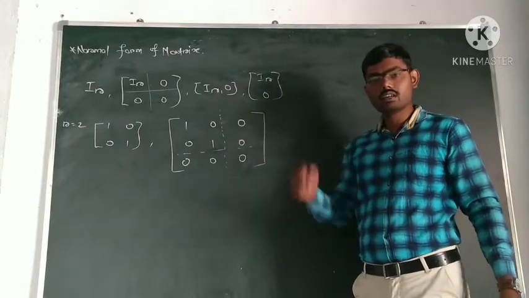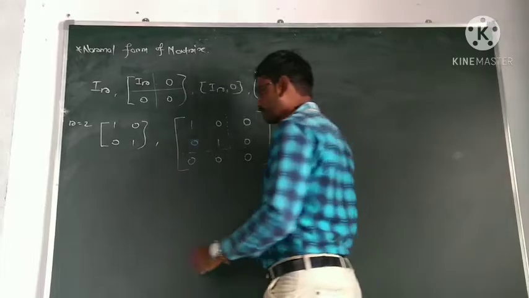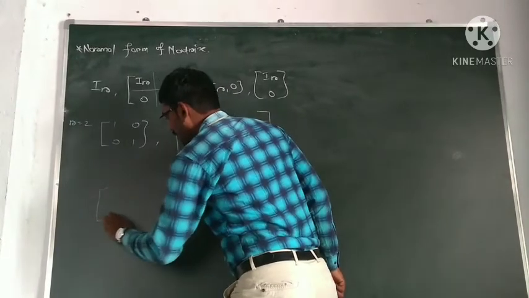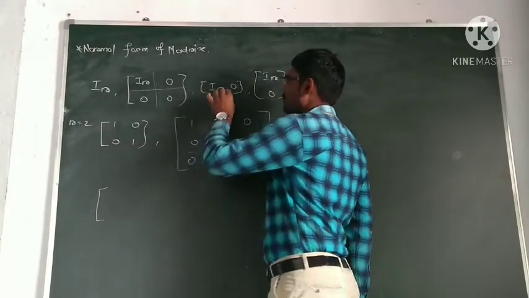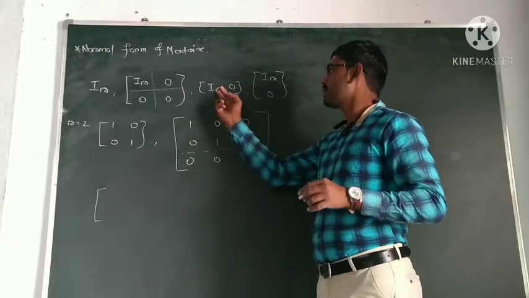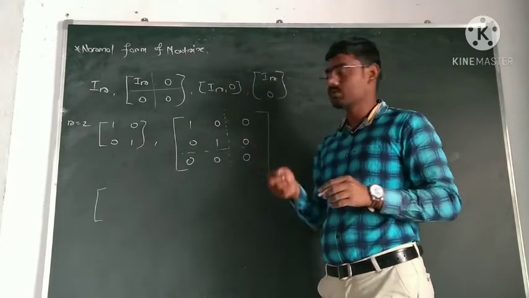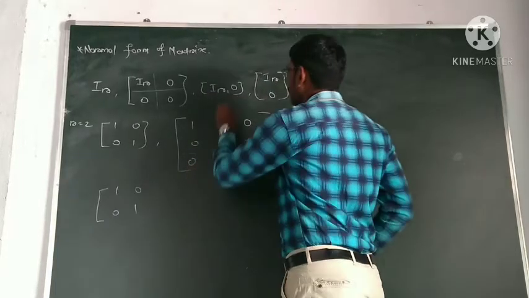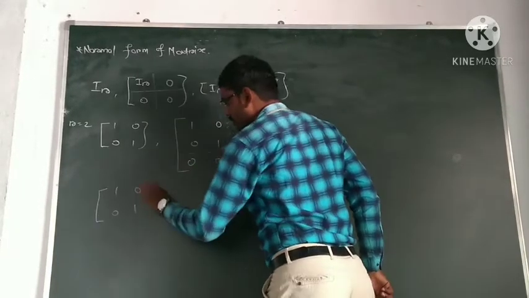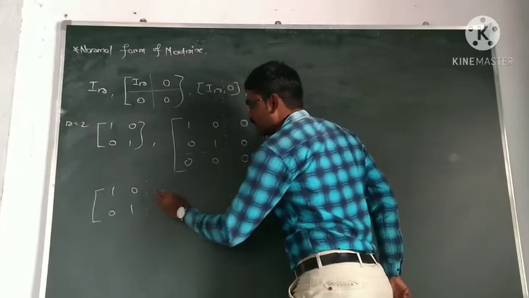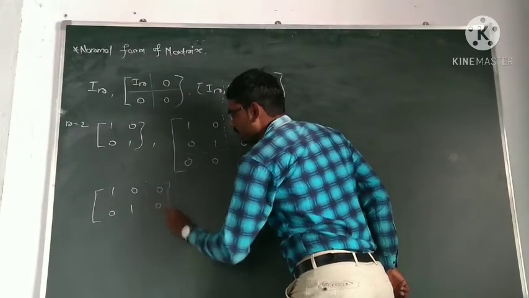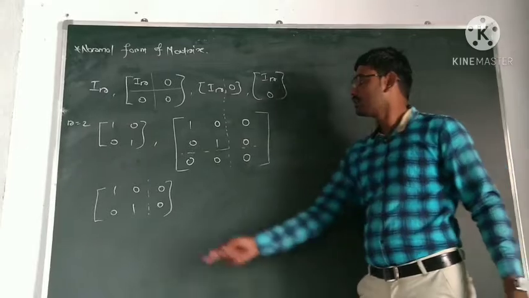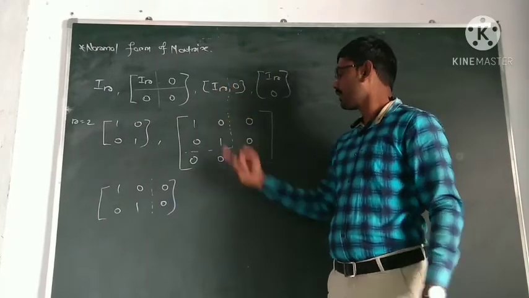Again, put r equal to 2 here. So we get I_r. So put r equal to 2, so the identity matrix of order 2, so 1, 0, 0, 1. Okay. So here we cannot put only a single zero. You have to put these 2 zeros. This is nothing but this matrix.